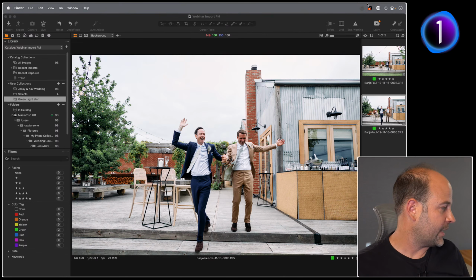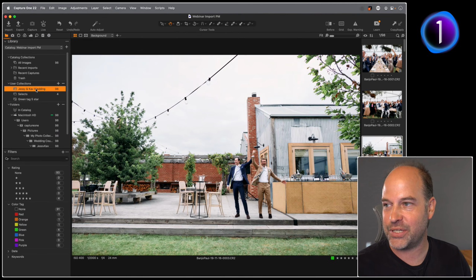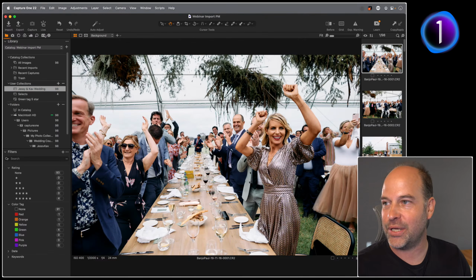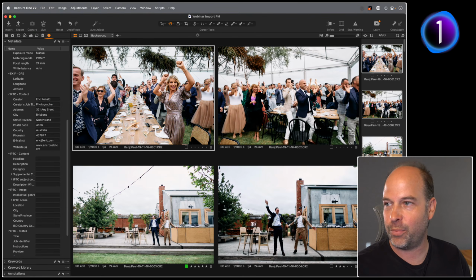Oh yeah, can I go back and apply this to thousands of disorganized imports? Yes. In terms of applying your metadata preset, it's easy. So all you need to do, let's just take these 4 pictures and I'm going to